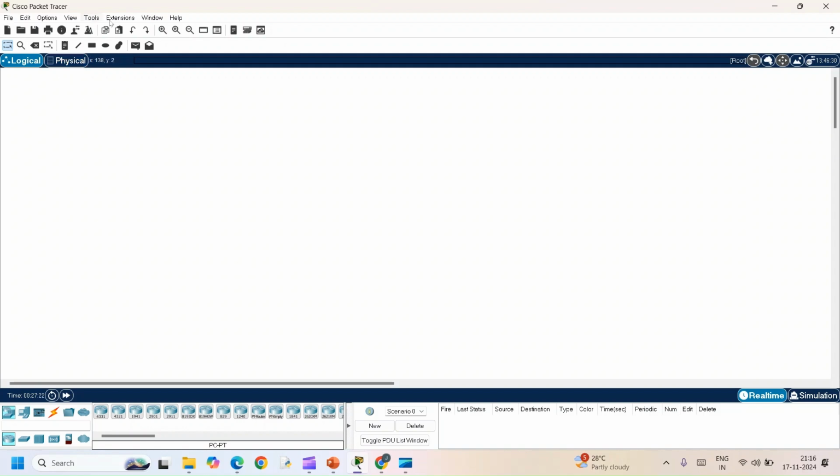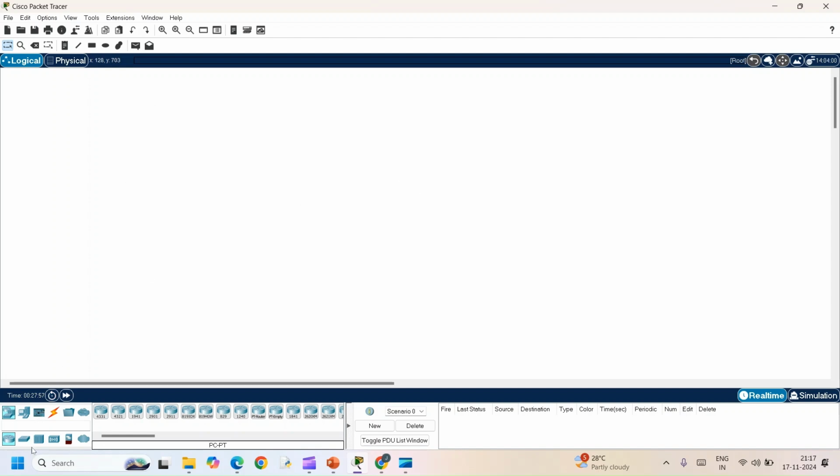As with any other tool, we have a set of menus over here, and in the second row, you can see a message packet kind of icon. We will be using the simple PDU. PDU stands for Protocol Data Unit. We will use it to send and receive the message packet in simulation mode. This software works in two modes. One is real-time mode, where we use the command line interface. Using commands, we will communicate. Whereas in simulation mode, in a practical way, we will use these message packets to send and receive.